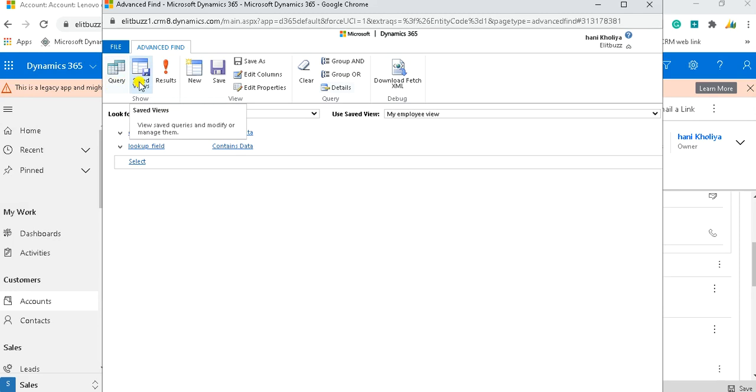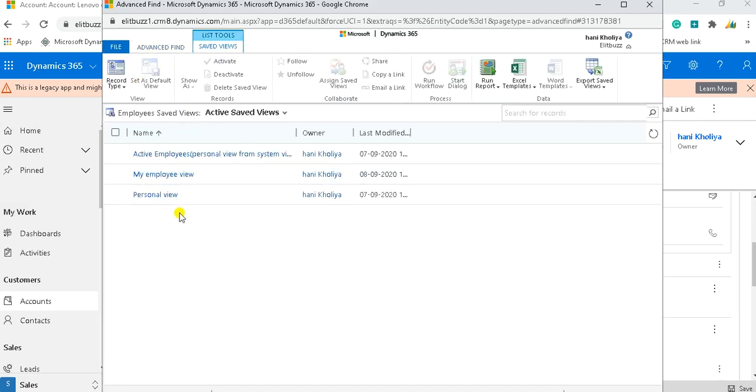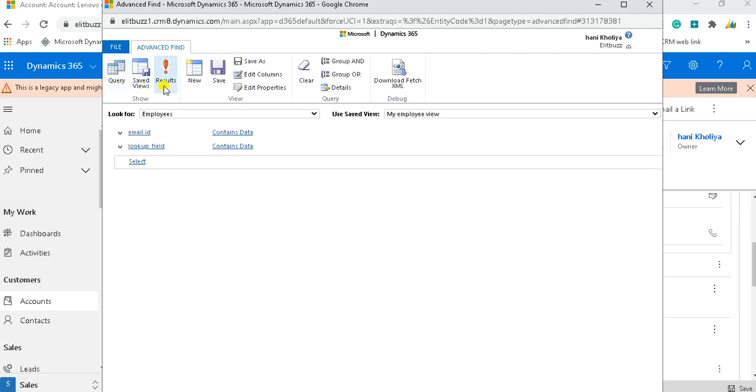In the saved views section I can check my views which are saved by me. If I want to fetch XML for it, I can click on this and download the fetch XML for it.